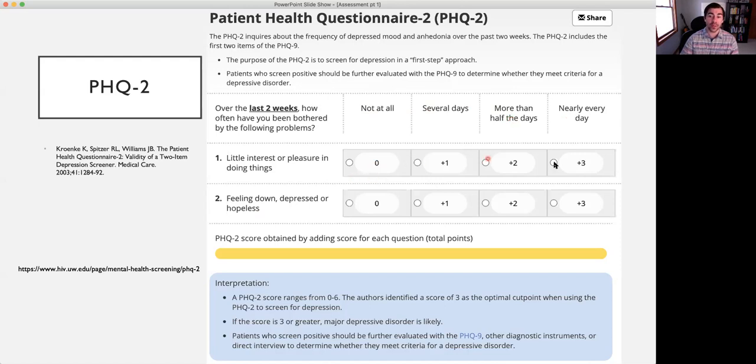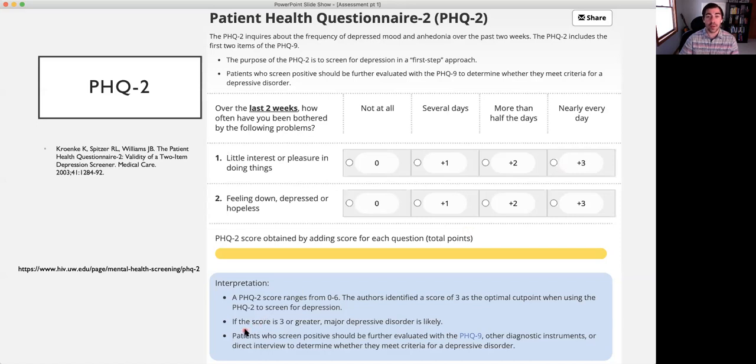And people are responding to that, and depending on what you pick, you get a certain amount of points for that. With screening instruments, based on research, you usually add up the points and get an idea of where that person falls. This is an example of a standardized measure, meaning that you're comparing a person's score against a benchmark or a threshold, comparing it against a lot of different people that have already received this questionnaire before, ideally in a research setting.